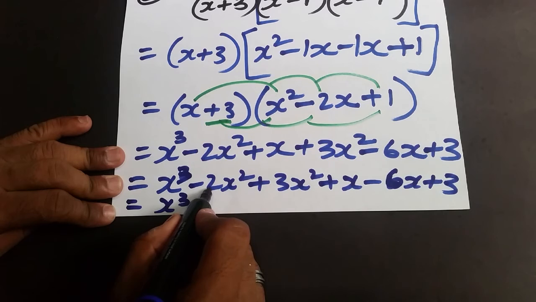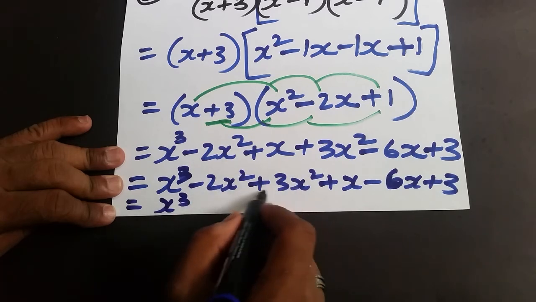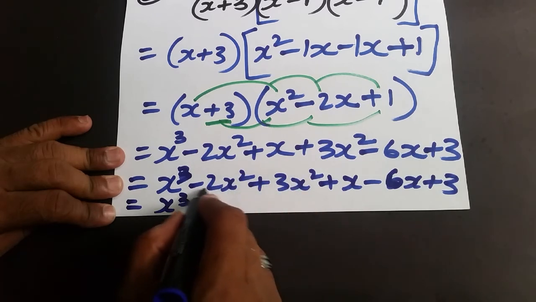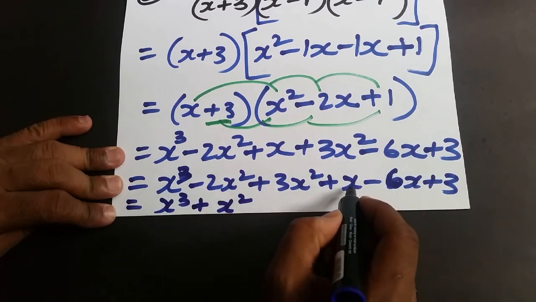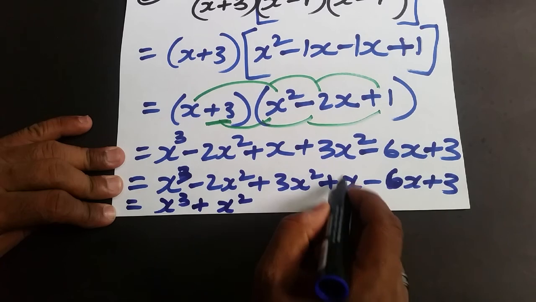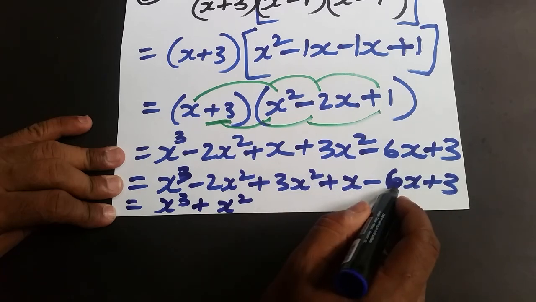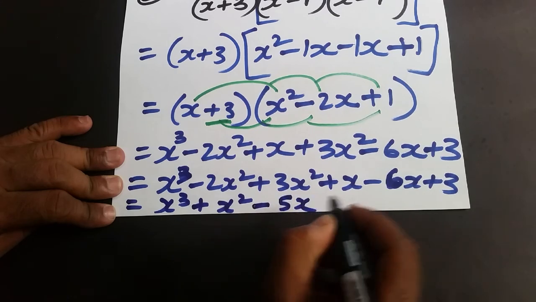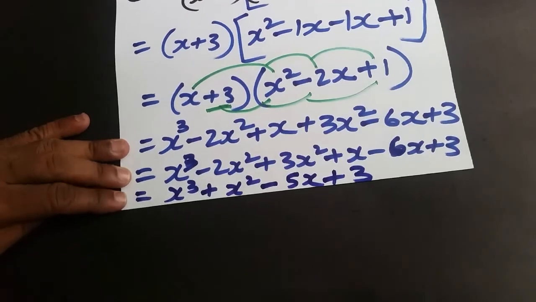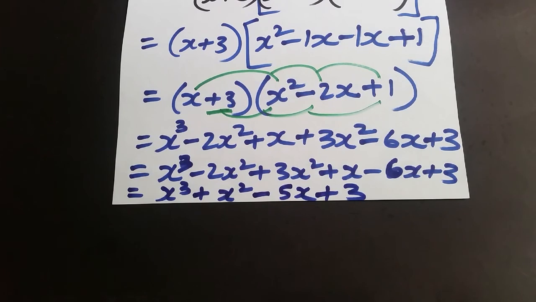Now you owe 2x squared. You have 3x squared at home, so when you pay back the 2x squared, you have 1x squared left. And you owe 6 xylophones, but you have 1 at home, so when the person comes to the 6th xylophone, you're going to have to give them what you have and still owe them 5. And then the plus 3 comes back. So this is what you should have as your final answer for